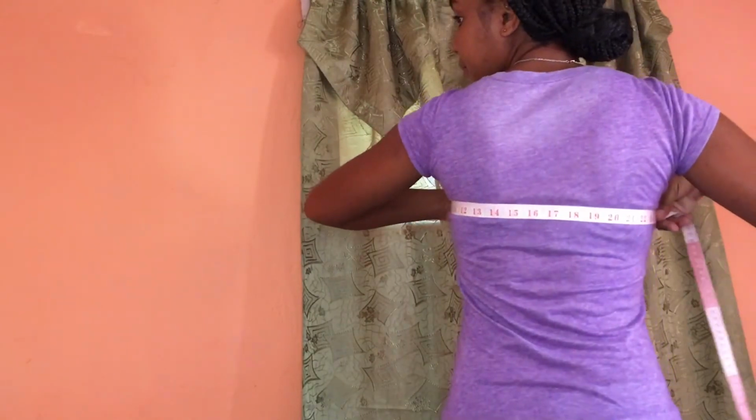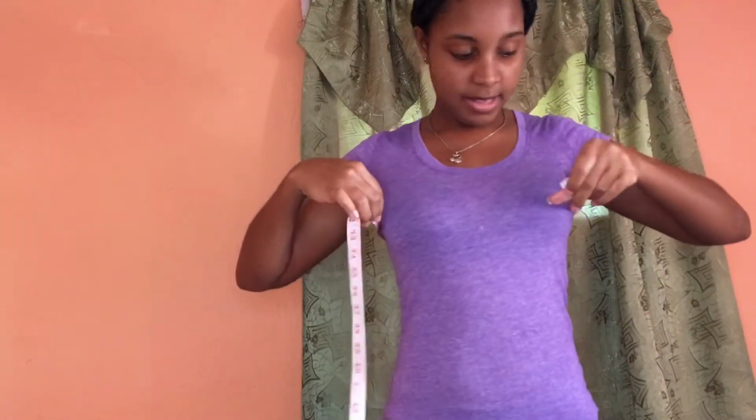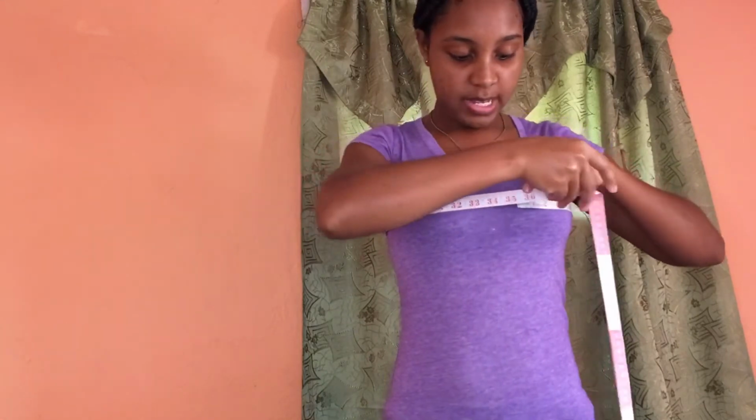That's your shoulder measurement. Second measurement we're going to take is for your chest or your breast if you're a female. You take the tape measure and you wrap it around. You mark it here, and then you join it here. If you want the blouse or the shirt to be tight fitting, then you take the measurement like this. If you want it to have a little ease in it, then you add more to the measurement so it's slack on you. For the purpose of today, I'm going to be making something that's stretch. So taking the exact measurement doesn't matter because the material is going to stretch. So it's not going to be super tight on me,